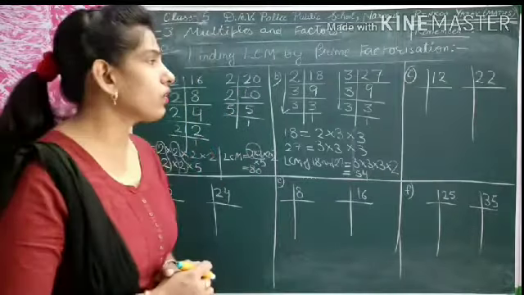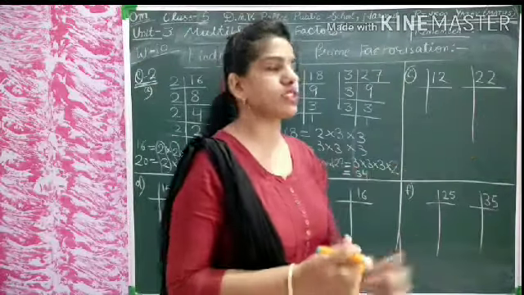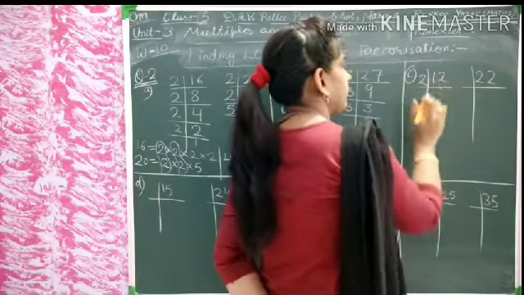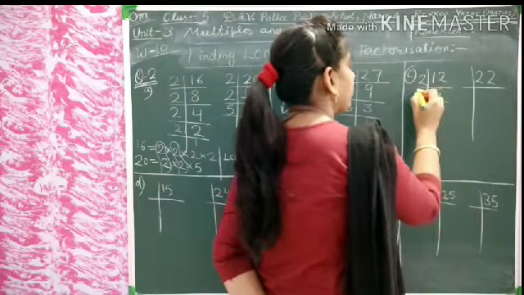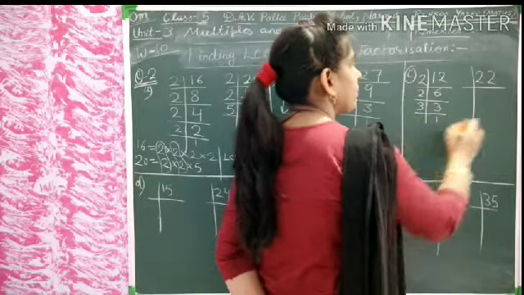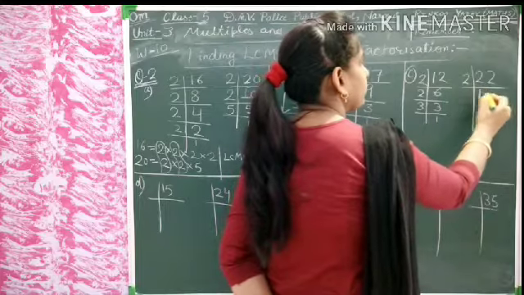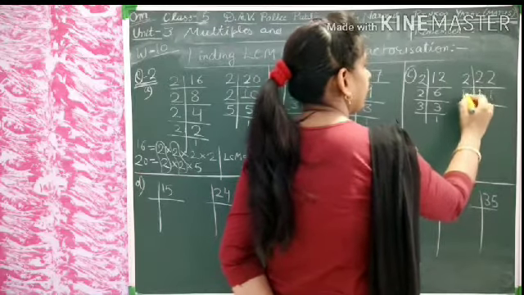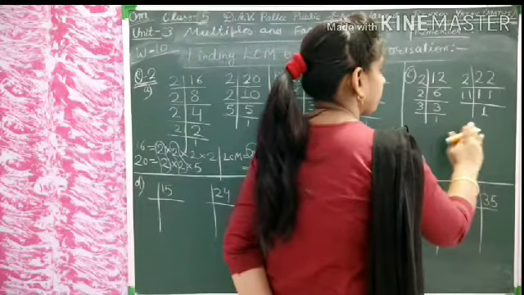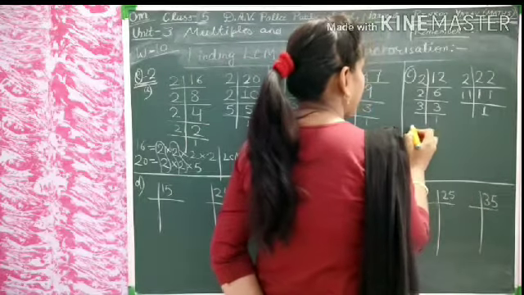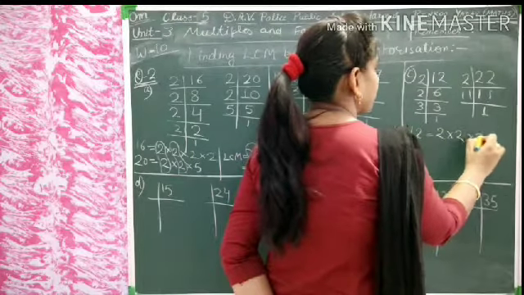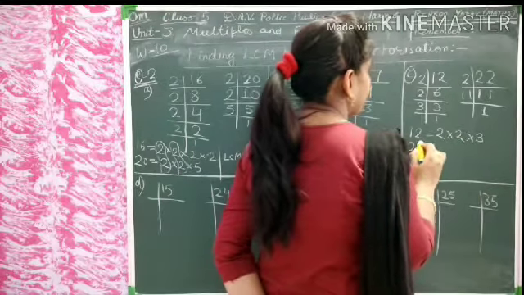Okay. Now we will do the prime factorization of 12 and 22. Let's see. There is the number 2 which divides 12. Yes, 2 6s are 12, 2 3s are 6, and 3 1s are 3. Now 22 will be divided by 2: 2 1s are 2, 2 1s are 2, and then it is divided by 11: 11 1s are 11. Now the prime factorization of 12 is equal to 2 into 2 into 3, and the prime factorization of 22 is